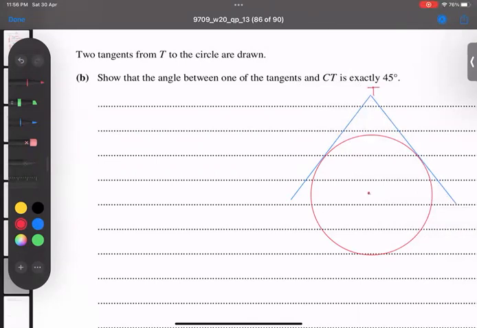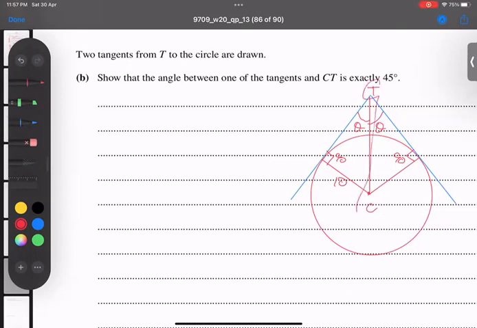And if I join a line from C till here, and I make a 90-degree, okay, this is also 90-degree, it is very clear. We know it, no need to convince because we know tangent and radius are always 90-degree. And this length is given by diameter of 10. And how to convince that this theta is 45? Show the angle between one of the tangents is 45. So I have to find it. And first of all,